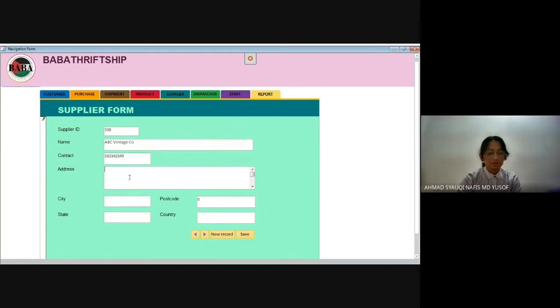The address, I'll just put a random address as well. Save it. So now it is part of the supplier record.